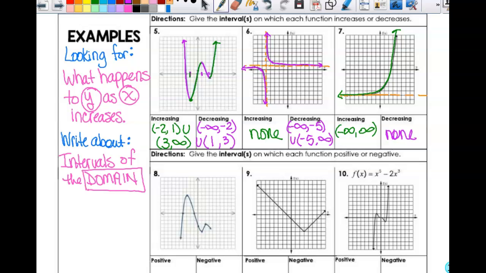What questions do you have? All open. The only time you worry about whether or not something is included is if it's domain and range. The only time you write y values in your intervals is if it's range. That's it. Okay? Writing about x, talking about y. Any questions at all? All right, so let's look at